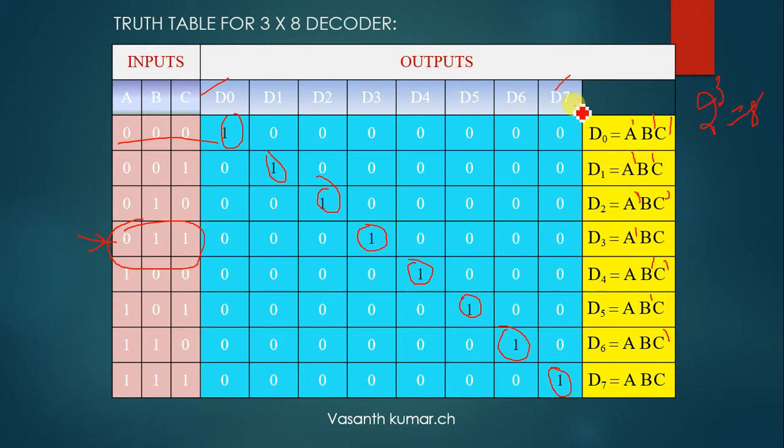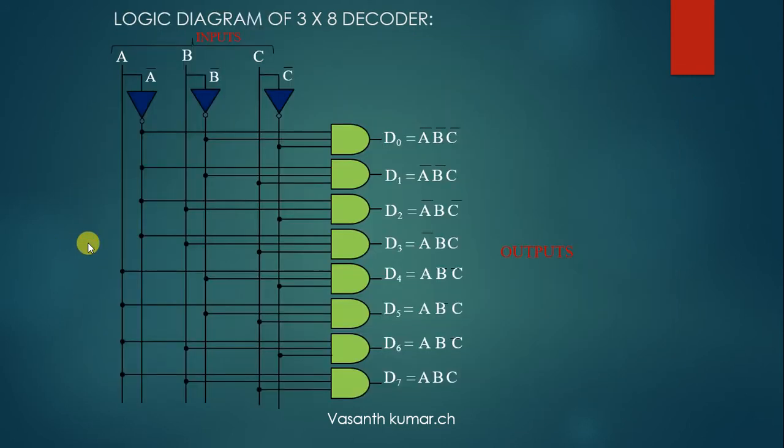Here it is 8 bits, but in real time the number of bits will be very high. You might see 256-bit encoded values, where 256 bits are there for getting one letter or a word. So such highly complicated circuits can be obtained using a decoder. The fundamental functionality is to extract the actual information from your encoded values or encoded inputs. Similarly, the logic diagram for the 3 to 8 decoder is this.